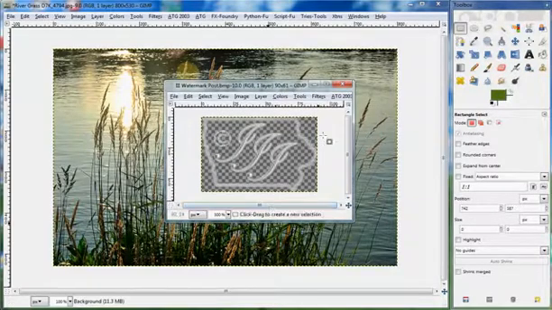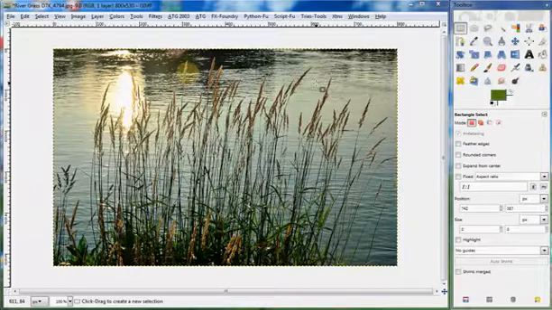Long time ago, I created a watermark. It's basically an outline of the state of Iowa, a copyright symbol, and 3 letters to designate the business that I run for my photography. The background is transparent. That allows it to ride in a less than obnoxious way on the top of the photograph when I get to it. But the first thing I need to do is choose the colors I'm going to use for that